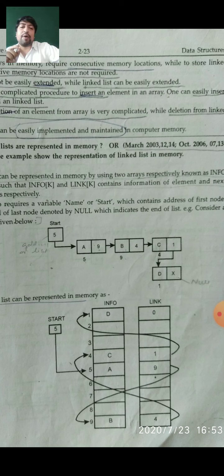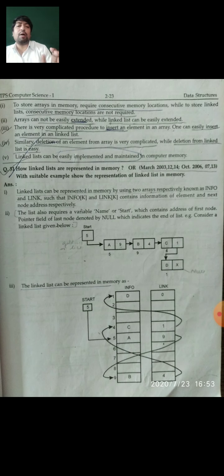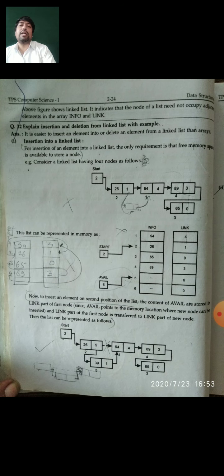And after explaining this part, you just see the first important topic is the start part. The start part contains the number 5, which is the actual starting node of the given linked list. After explaining the details of the given example, you can get a detailed idea about the representation of the linked list inside the memory. Just see the example and write down the details about it.